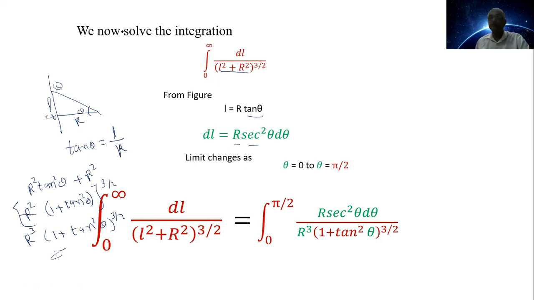Integral of dl upon l square plus r square bracket raised to 3/2. You can directly put here it as